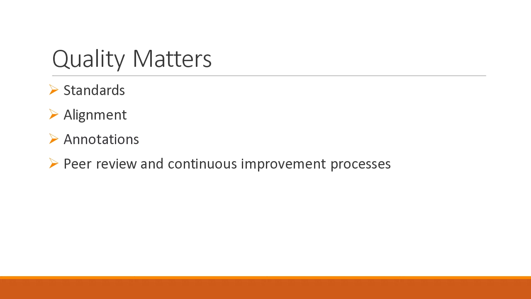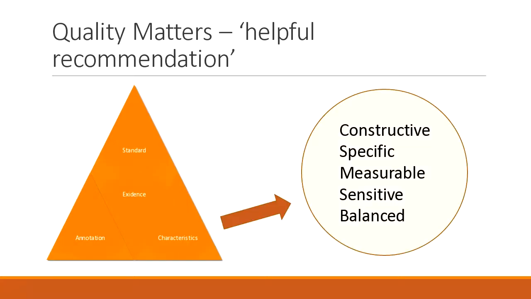The piece that I'm always concerned about, and we brought up before, was around audits and not wanting to say that something's an audit, but how do you get quality and effectively evaluate subjects and aim to improve. And the peer review process is very much around providing what Quality Matters calls helpful recommendations, which have some very